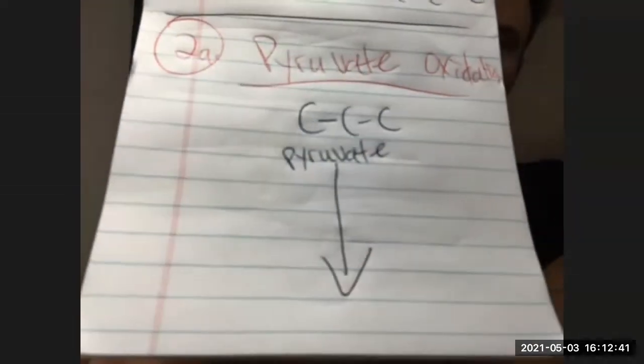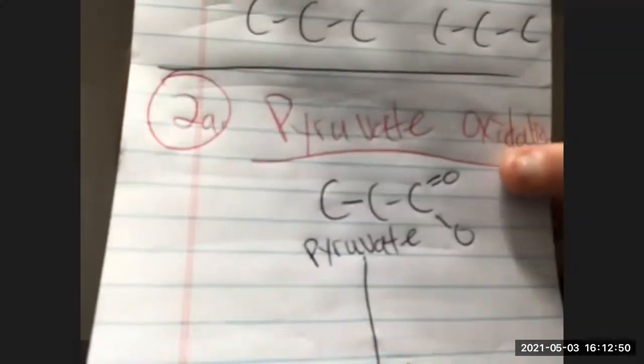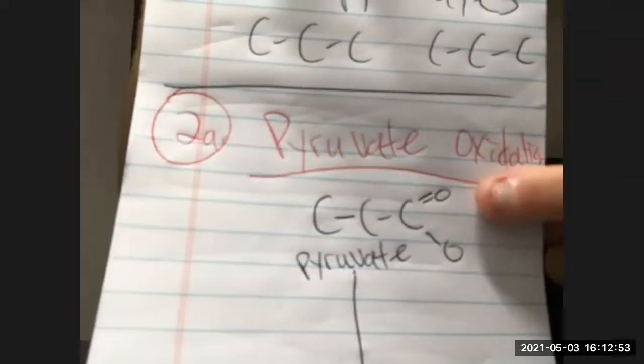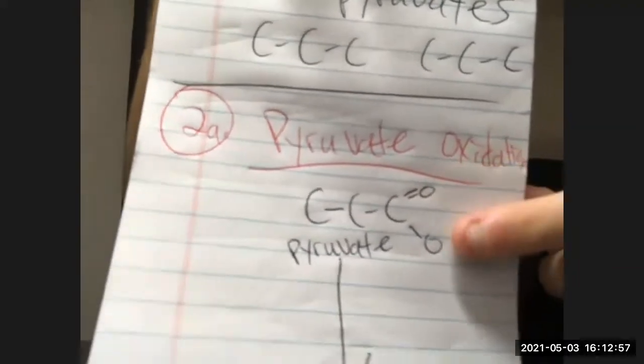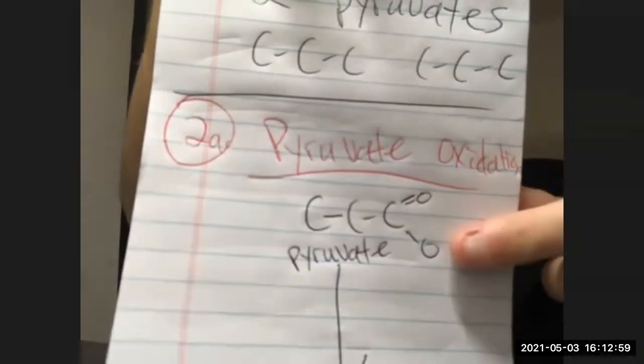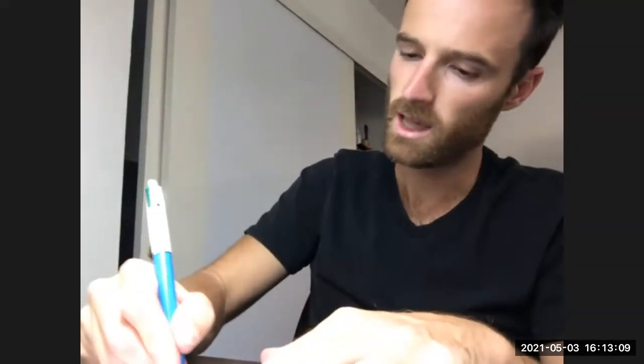During pyruvate oxidation, there are several steps, like 2 or 3. You don't have to know that. But remember how in the lecture I drew a little more detail on the pyruvate molecule and I added this carboxyl group at the end of it, which is fancy for a C with 2 oxygens bound to the molecule. And I do this because one of these steps in pyruvate oxidation is a decarboxylation reaction,